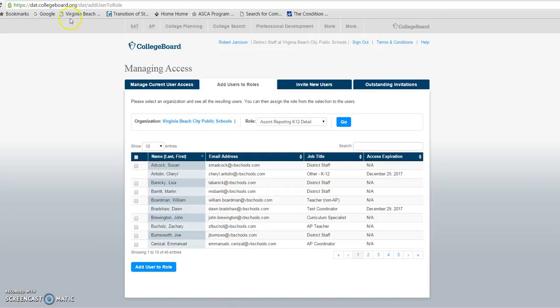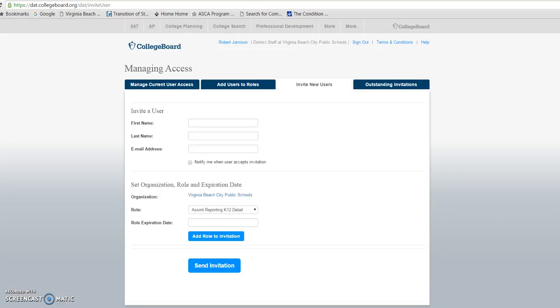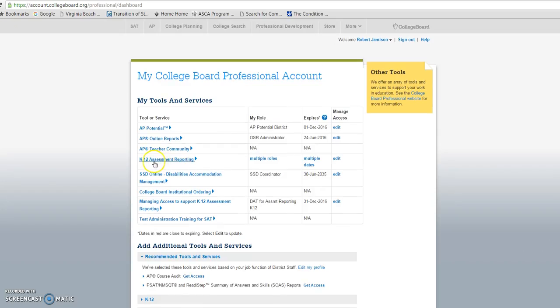So once you've done that, you're going to see K-12 Assessment Reporting, and multiple roles will pop up because of what we just said. You're going to have all of those roles attached to your name. You can do the same thing for each of the counselors in your department as well as for each of the assistant principals in your building. And once you click on K-12 Assessment Reporting,